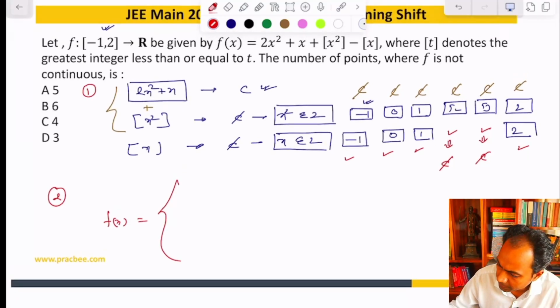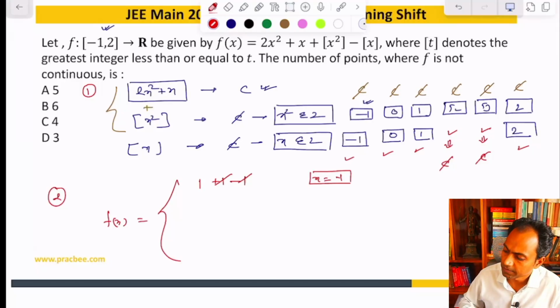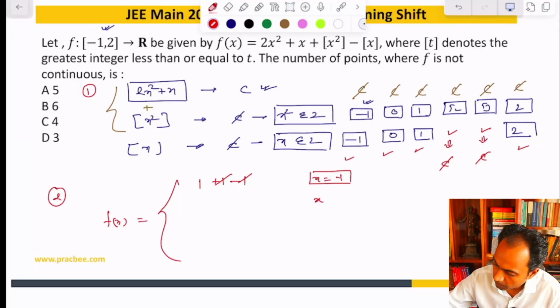So if I interpret this function at -1, let us see what I get. If I put the value as -1, the first part will become 2 into 1 minus 2. So this will become 1. The greatest integer function of (-1) squared will become +1 and then -1. So you can see that this comes out to be 1. Wherein if I am looking for values between -1 and 0,